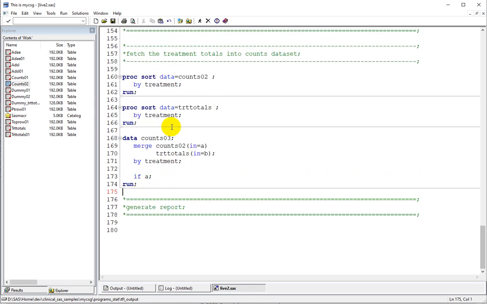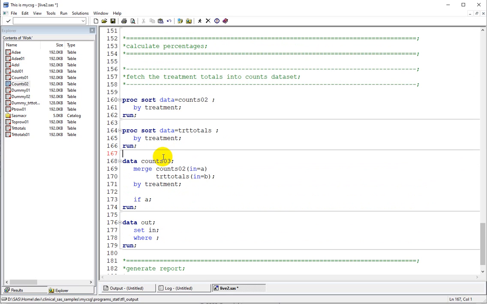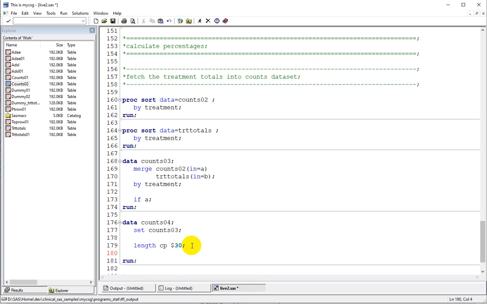and then we need to calculate our percentages. So let us create a new data set called count04 by using count03 as input. In this newly created dataset, let's create the variable called CP, which is used to store the count and percentage. Let's give it a length of 30. So how do we create the count percentage variable? So we do not want to present the